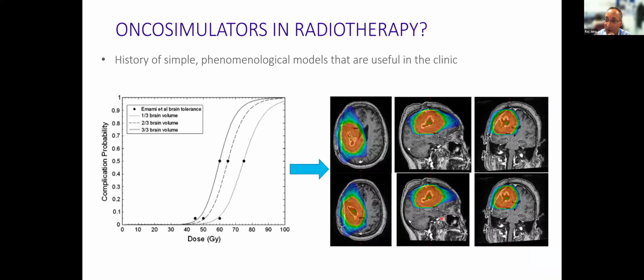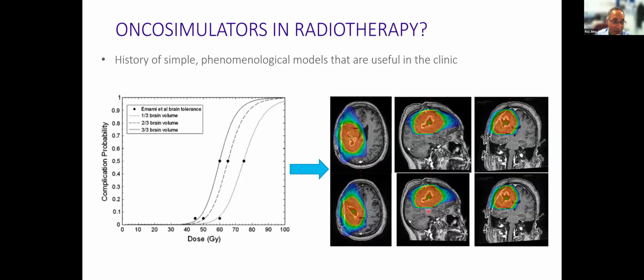Modeling tumors is quite difficult because oncosimulators tend to use some kind of randomness underlying them to generate different responses to different portions of your virtual tumor. And it's very hard to map those out to the behavior of the real tumor in a patient. But we've used simple models for years to make useful predictions of effects on normal tissue in the brain, particularly with radiotherapy. And we know that these models generally are still helpful in the clinic even today.